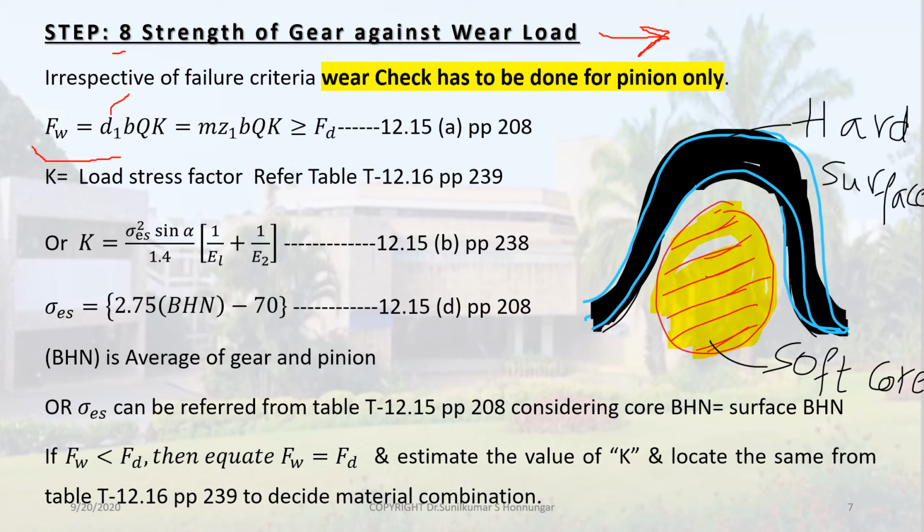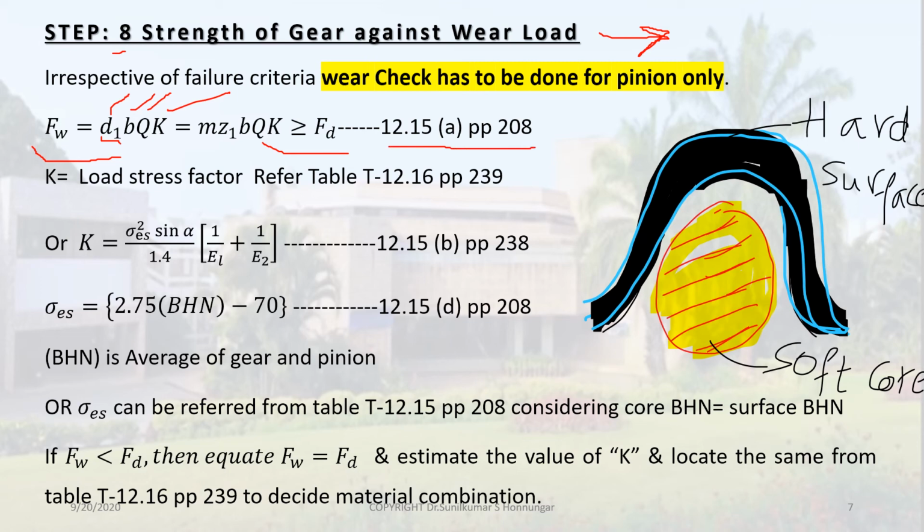That is d1 B Q K. D1 is the pitch circle diameter of the pinion, B is the face width of the gear, Q is the ratio factor, and K is the load stress factor. D1 equals M into Z1, because D equals M into Z, or module equals D by Z. So Z1 B Q K has to be greater than the dynamic load, because wear is very predominant, so the resistance to wear should be greater than the dynamic load,